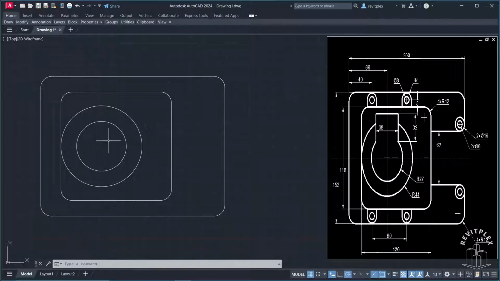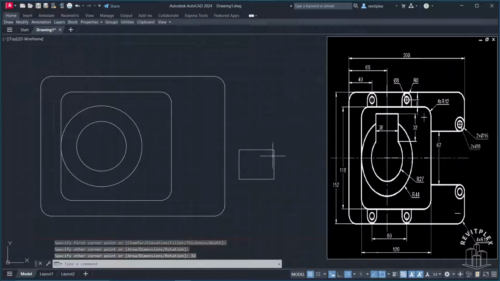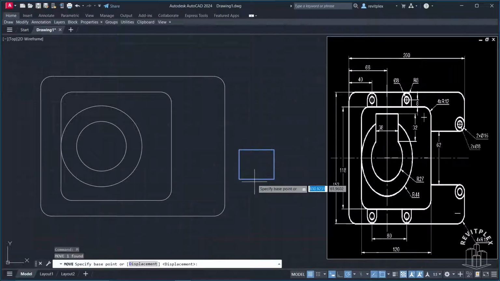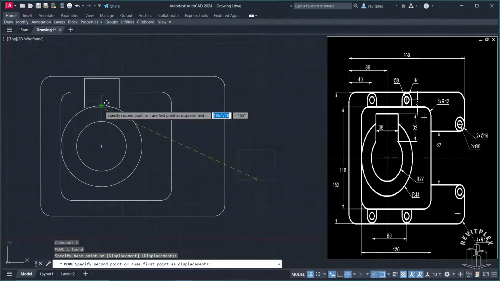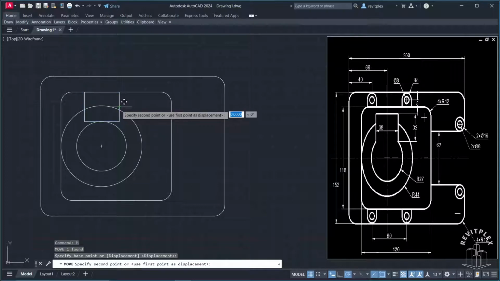Now we need to add one more rectangle here. You can see the height of this rectangle is 32 and the width of this one is 38. Now what you have to do is you have to select this rectangle, move it, click on this one and move it to the quadrant like this. Now all you need to do is just to simply select this and move it a little bit down, maybe here like this,